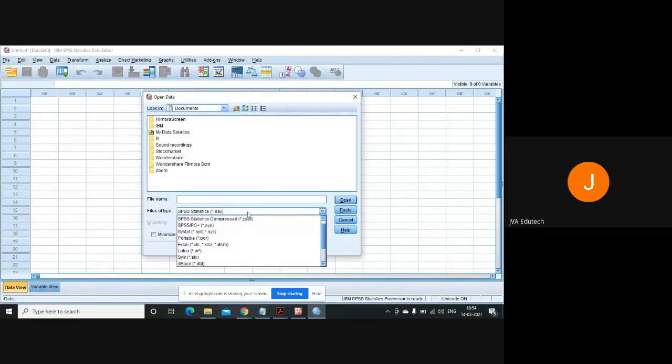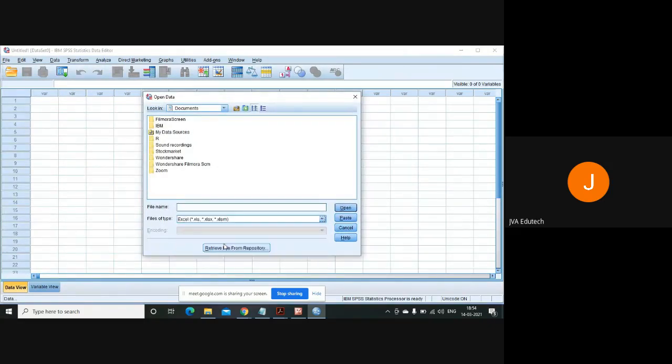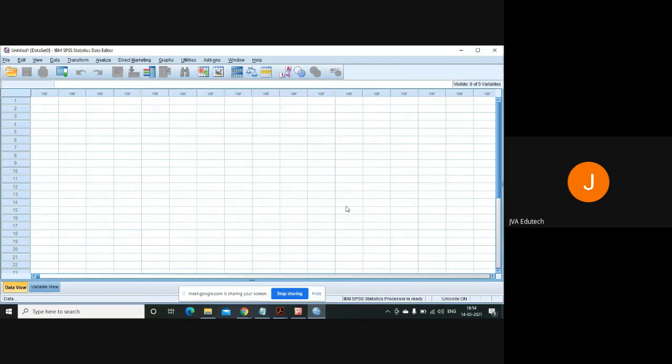That is an Excel file, so I will select Excel over here. My file, yours might be located somewhere else, I have saved in D drive. So simply check this normal distribution underscore 1.xlx. Open this file.